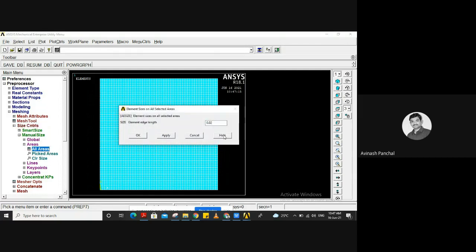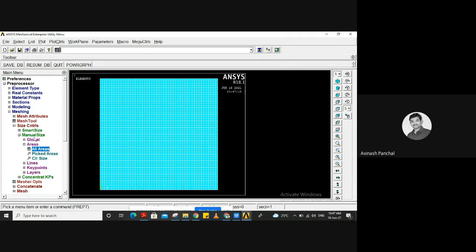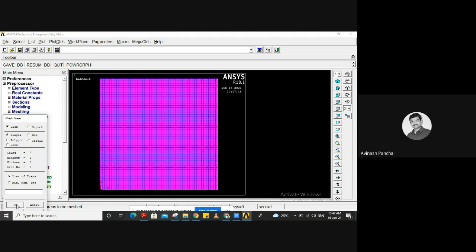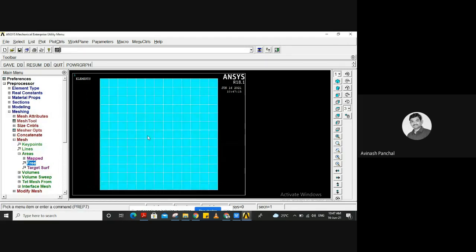We can change it to 0.08. Click on OK. Again we need to mesh it, free areas, click on OK. Yes, we needed to change. So you can directly take this type of mesh also.